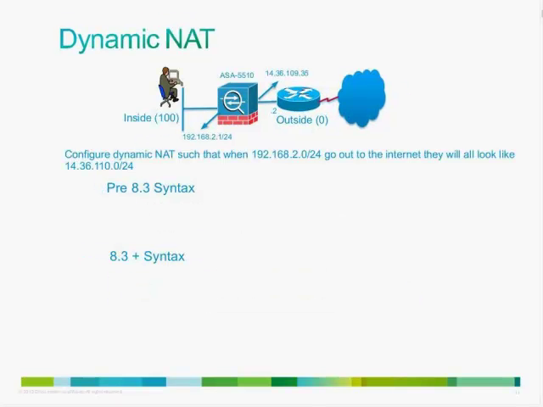The next one is a dynamic NAT. What is the difference between dynamic PAT and dynamic NAT? PAT is making everybody on the inside look like one IP address on the outside. The dynamic NAT is individually handing out one IP address for each person on the inside when they go out to the outside. So what we need to do,